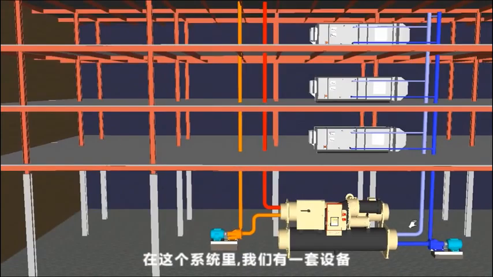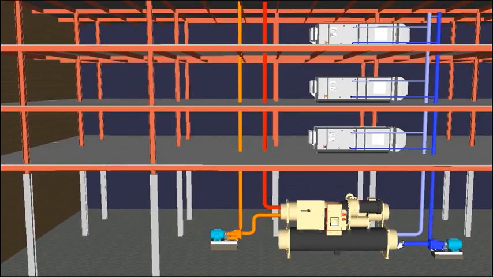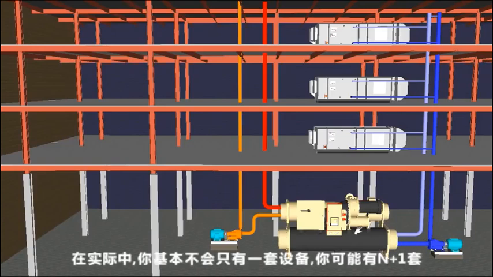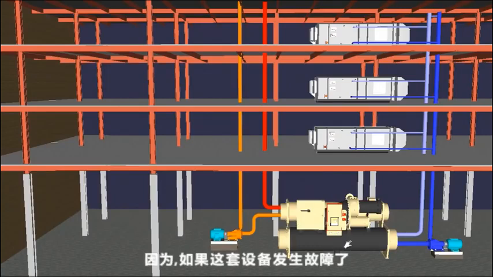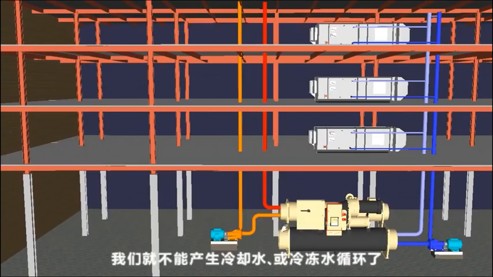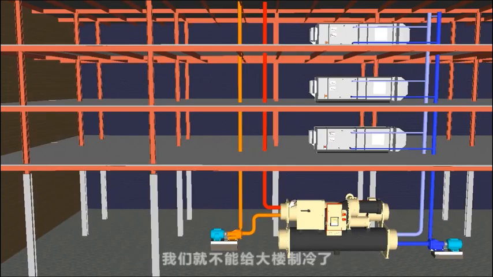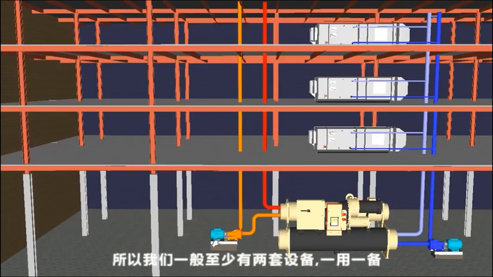Also in this instance we've got one plant item, and by plant item I mean a mechanical asset. In the real world it's unlikely you'll have just one. You'll probably have N plus 1, so N, whatever you need, you have that number plus 1, because if this item here was to break, or say this pump here was to break, then we wouldn't be able to produce cooled water or condenser water, and we wouldn't be able to cool the building down. So we'd always usually have at least 2 units there,